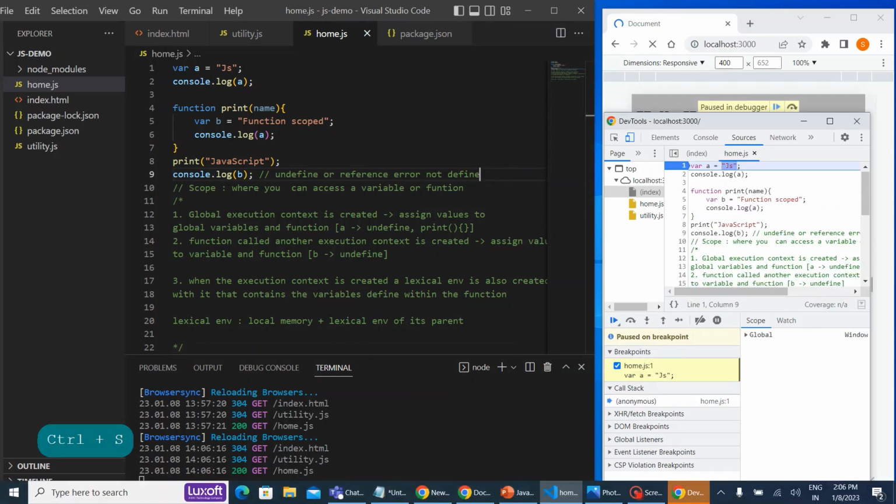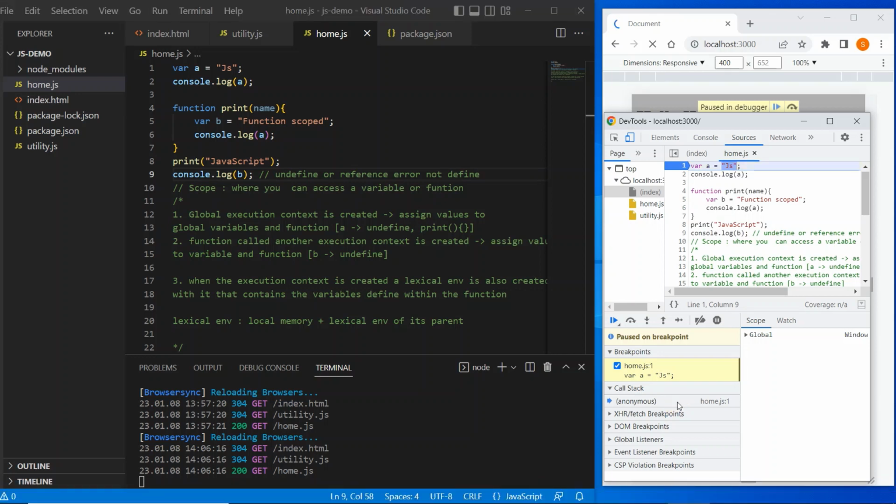Here you can see there is a call stack. Before running the first line of the JavaScript program, a call stack is created, and this call stack contains a global execution context named anonymous. So this global execution context is created before even running the first line of code.